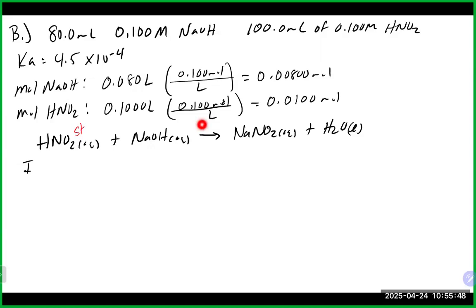Again, this is what we started with. This is what we added or are adding. And in this particular case, then we have 0.01 moles and 0.008 moles and 0. So am I before, at the equivalence point, or after the equivalence point in this case? I am before. What I'm adding is less than what I started with. Not to mention the next part of the question is what's the pH at the equivalence point? So I'm probably before it, but this is really how you could determine. So we definitely are before the equivalence point, which means in this type of titration, we should end up with a,